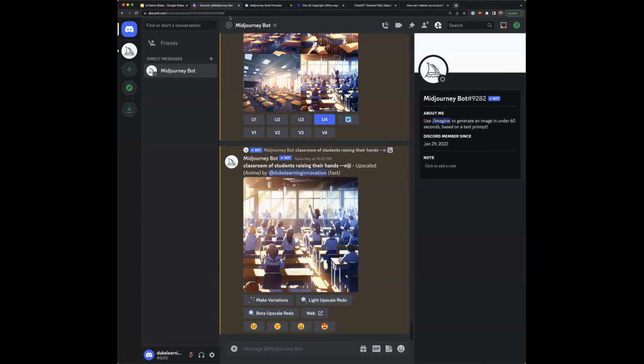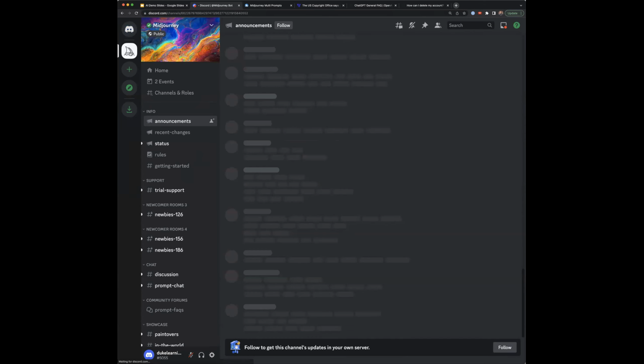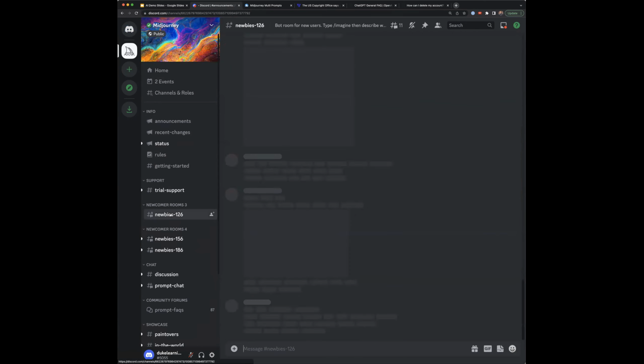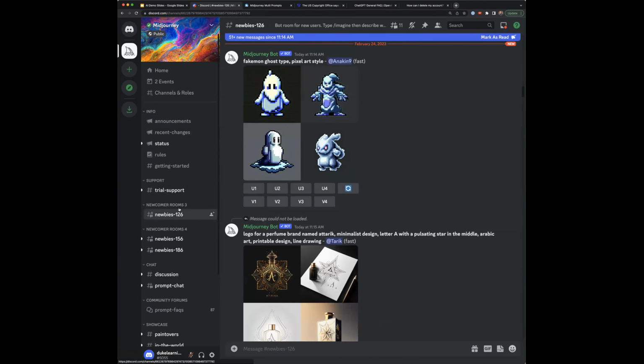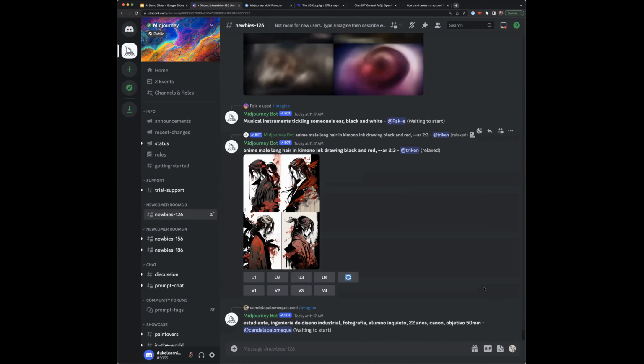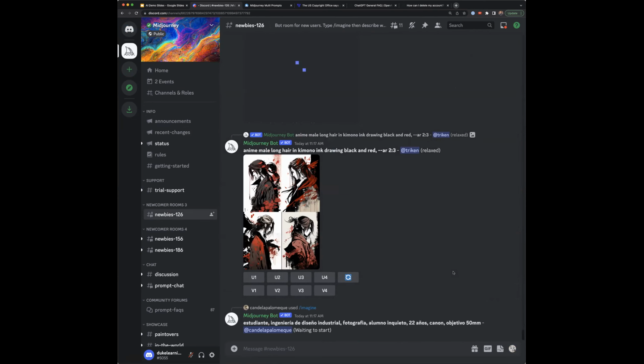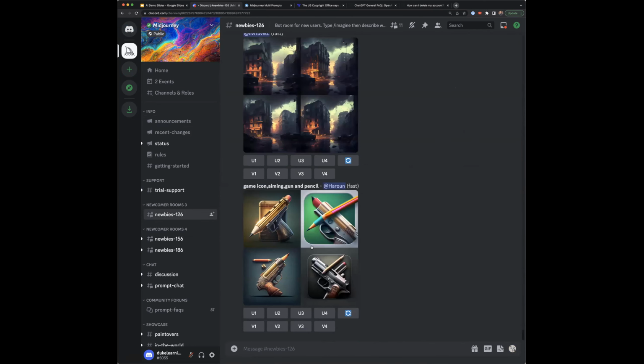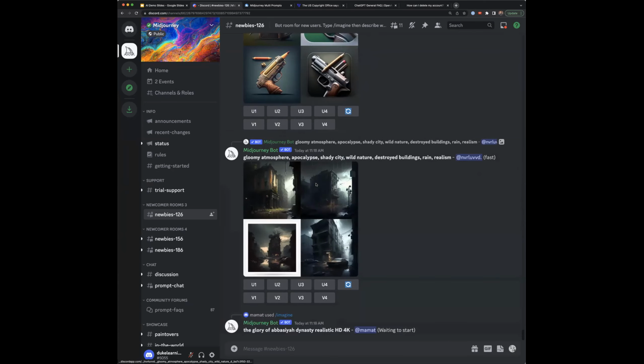So I'm going to switch my tab over, and hopefully we're now seeing Discord. And I'm going to actually, while we're getting some responses here, show you that social space, right? So they're going to tell you have to come into the newbies room to use it by default. And we'll just scroll down here and you'll see this is everybody else that's currently online using the AI. And I find this quite interesting. You get to see their prompts, you get to see the images that it creates. A little risky for a live demo, but it's Friday. So I'm not going to stay in this social space for too long, but just so you can get a sense,